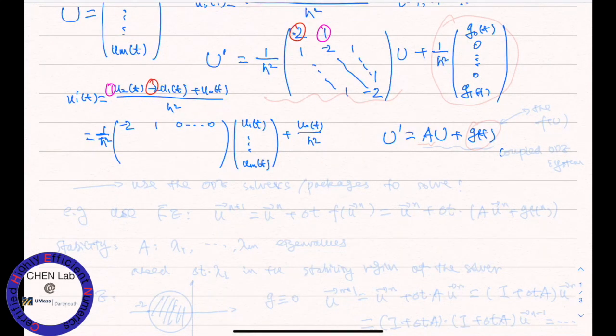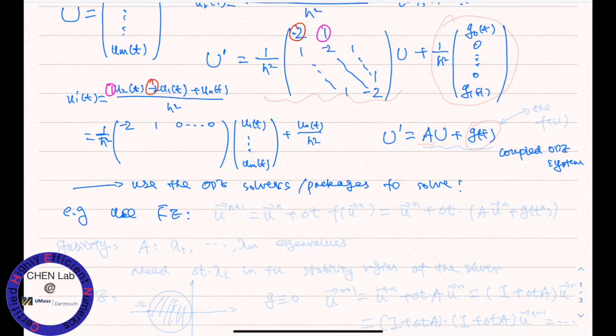This is basically a coupled ODE system, right? A coupled ODE system. So that means, implementation-wise, we can use the ODE solvers, or maybe some existing ODE packages to solve. Those are what we covered in 361. The ODE solvers. For example, we could use the forward Euler,